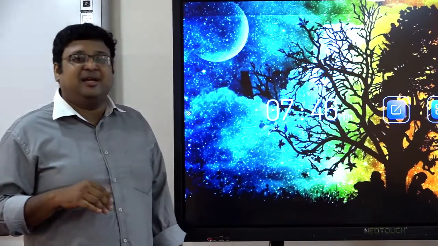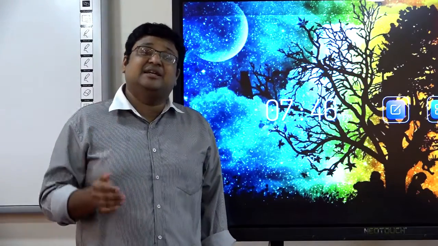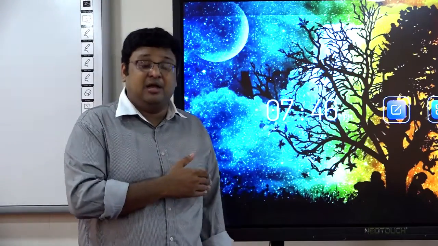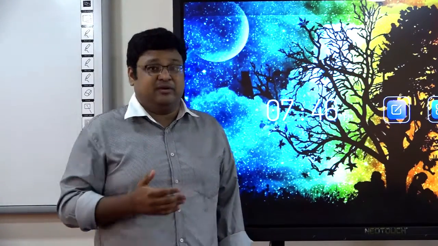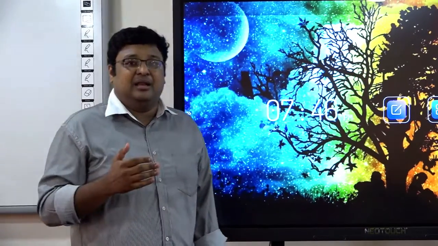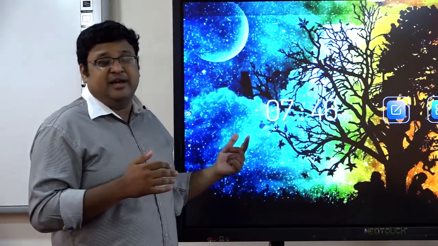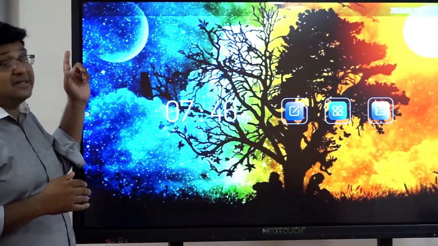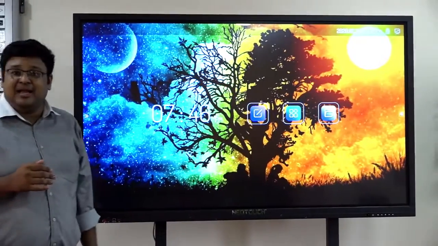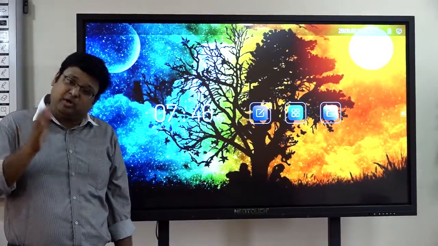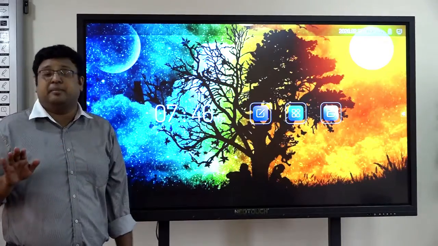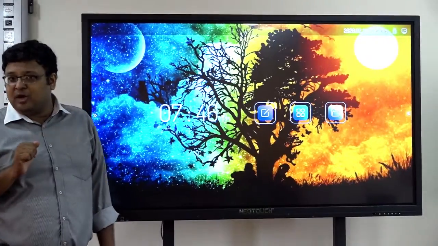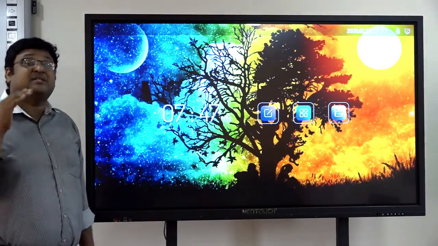After that, the second generation came, and the second generation boards are actually flat panels. This is also a flat panel, but that panel and this panel are a little different. That particular panel is not alive like this. It looks like a smart board, but it has sensors throughout the background of the screen, and it can operate with a laptop only because it itself doesn't have a memory. A USB connection is there with the laptop. Again, the software is installed in the laptop and the board operates. That was the second generation of boards.